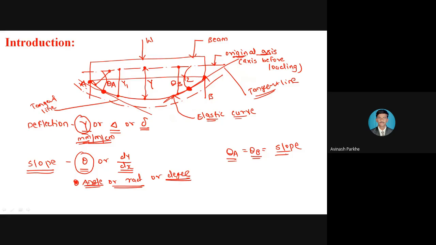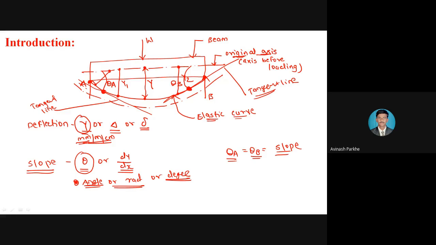But what is the definition of slope? It is the angle between the tangent to the elastic curve. For that purpose, I have drawn one tangent line to the elastic curve, and due to that tangent line, I got one tangent point on the elastic curve, and the angle between this tangent point on the elastic curve and the original axis